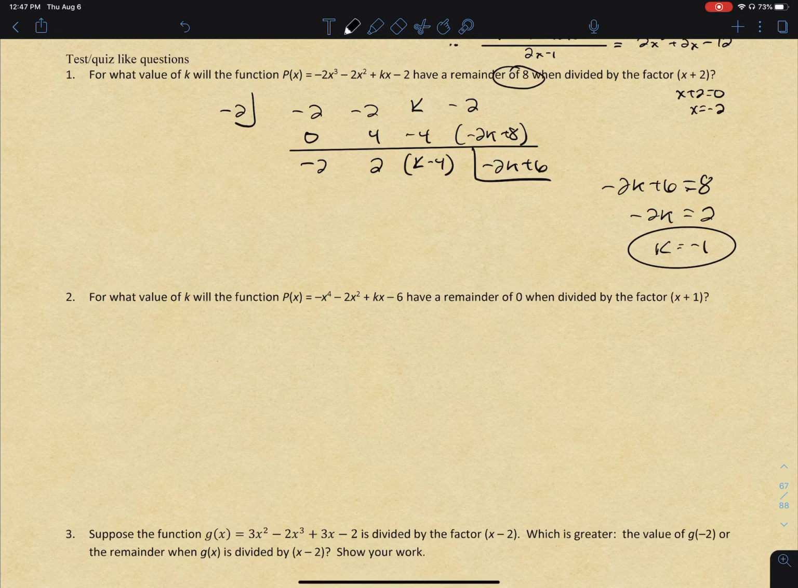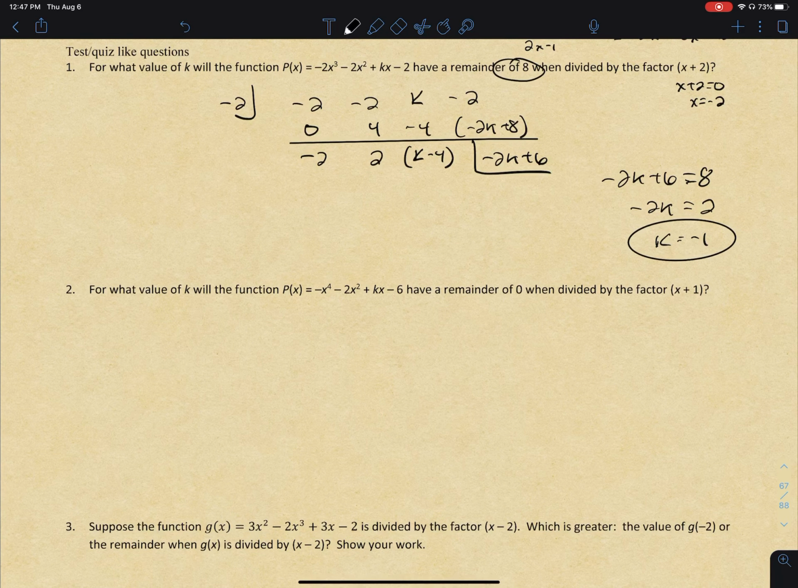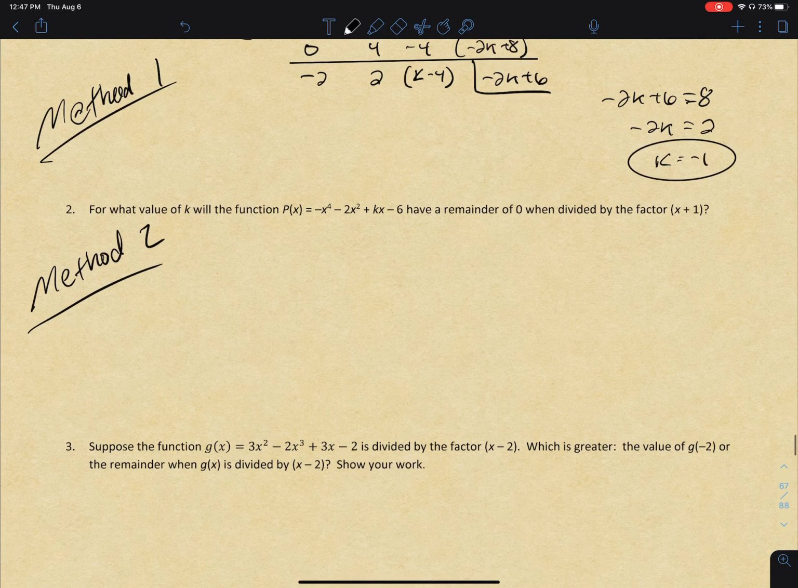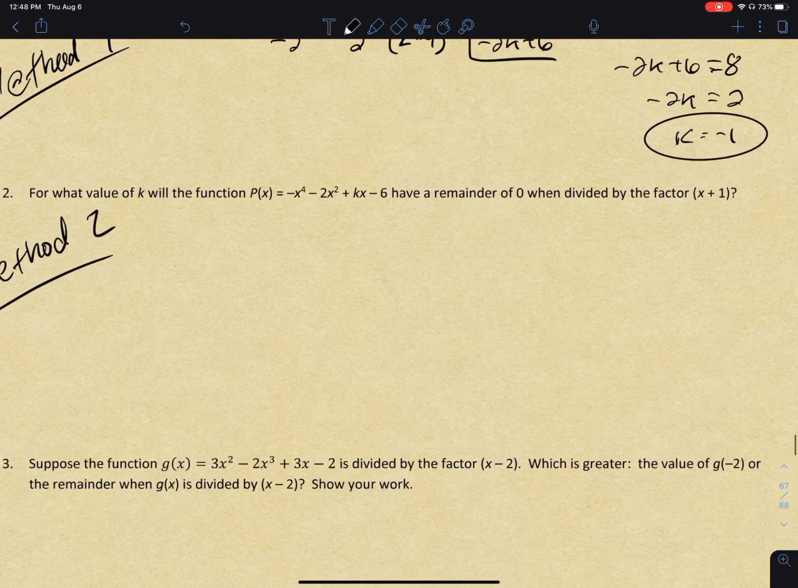Number 2, we would like this to have a remainder of 0. And let me show you an alternate way to do this. This is method 1. This would be method 2. Both are acceptable. So let me show you method 2. For what values of k would this function have a remainder of 0? According to the remainder theorem,